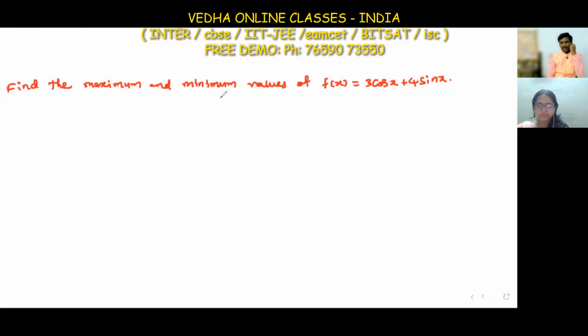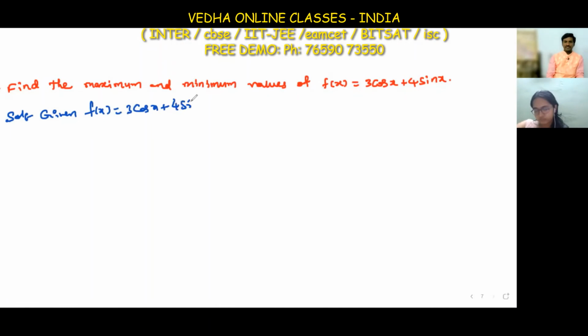Find the maximum and minimum values of f of x is equal to 3 cos x plus 4 sin x. Okay, what is given in this question? The given function is f of x equals 3 cos x plus 4 sin x. And what is the formula? For example, if I have the function f of x equals a cos x plus b sin x plus c, then